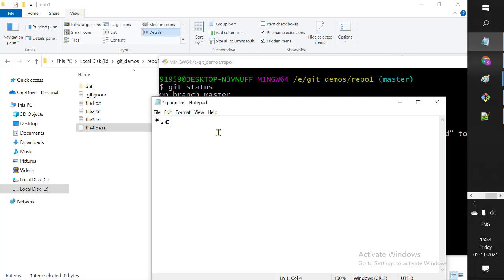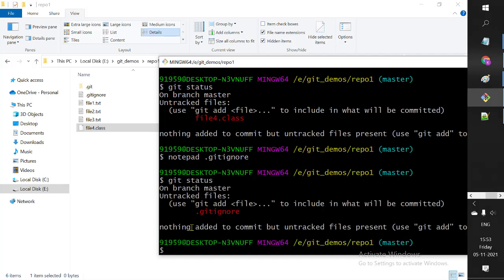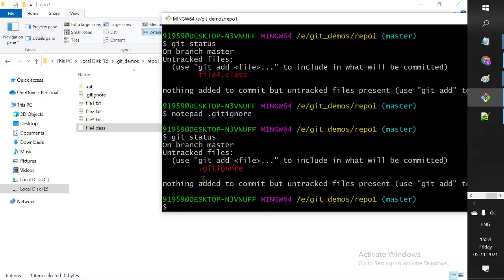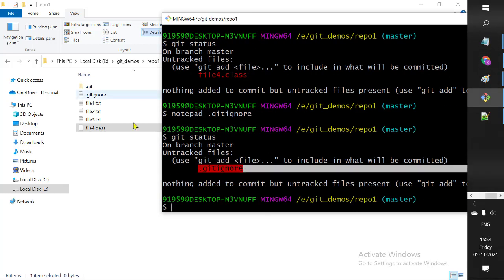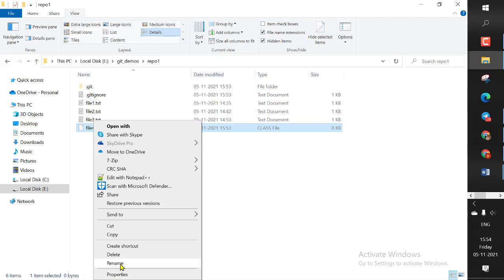Suppose I say *.class. Now once I add a .gitignore, after which I'll do a git status. You see it's now tracking the .gitignore file, but whatever content I added in .gitignore is not tracked. So .class files are not even tracked. See, that red is gone now. If at all I just rename this to .java,